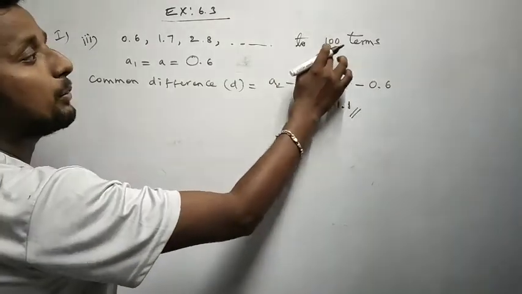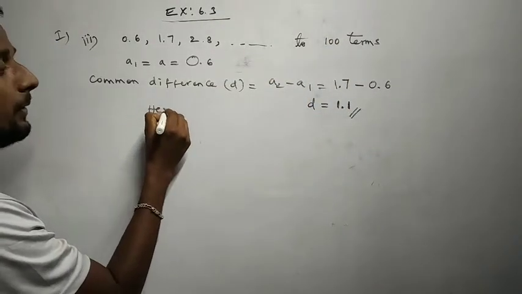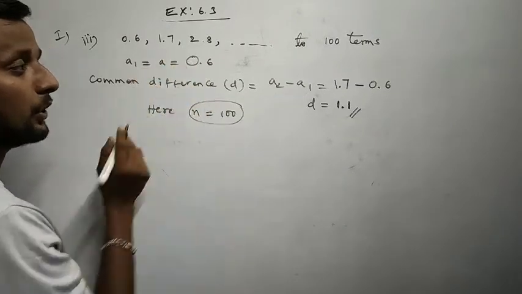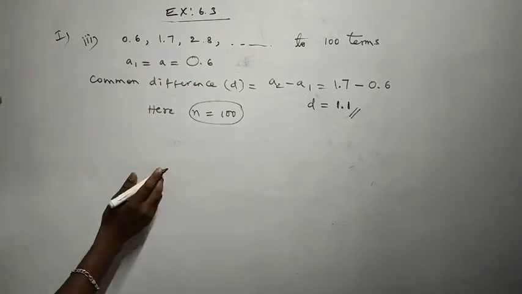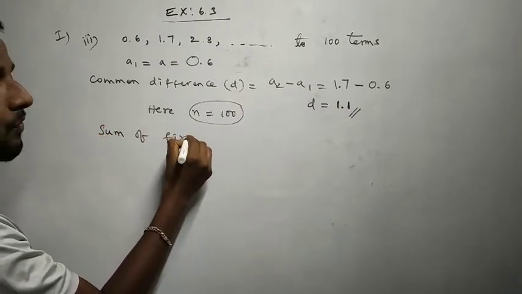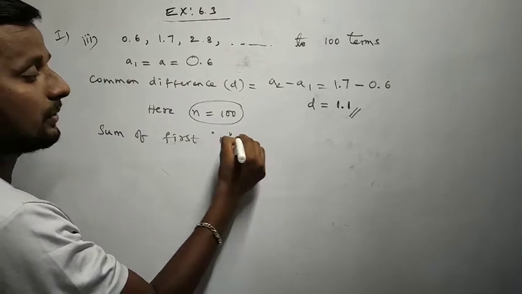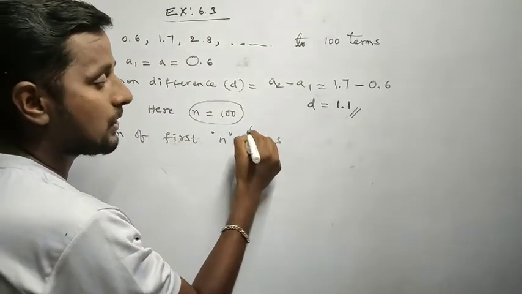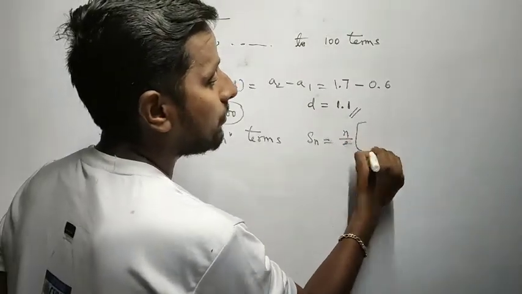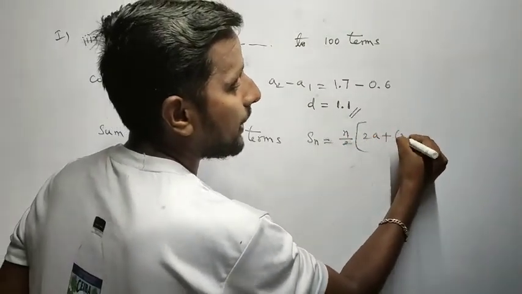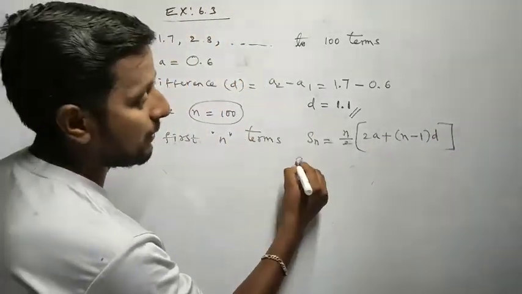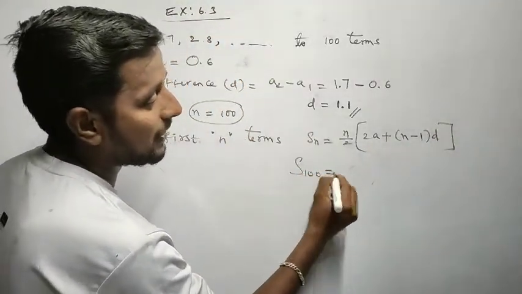It is talking about 100 terms. So here n value is 100. Got it? Right. So I'll write the sum of the first n terms. Sn is equal to n by 2 of 2a plus n minus 1 into d. So the sum of 100 terms, S100 is equal to